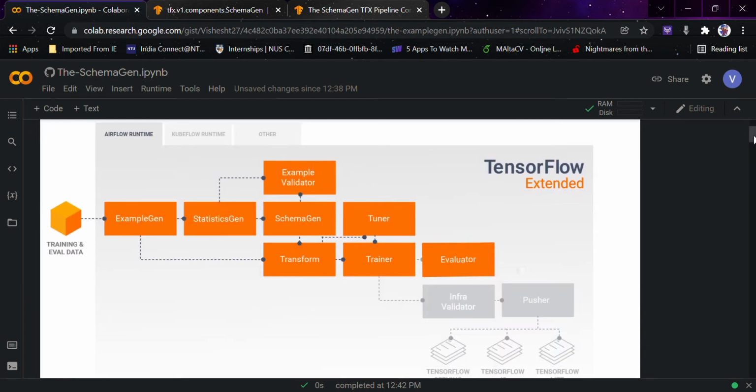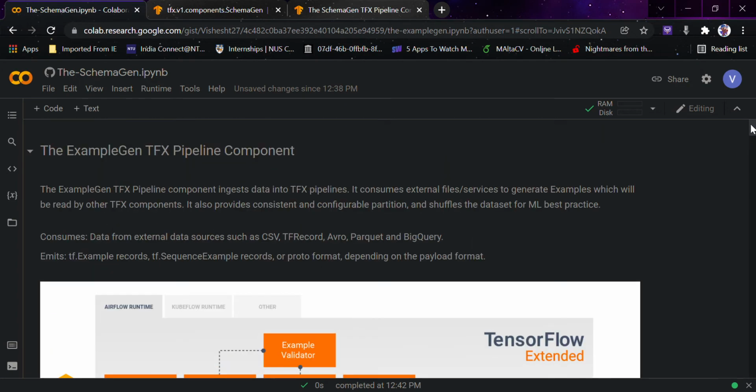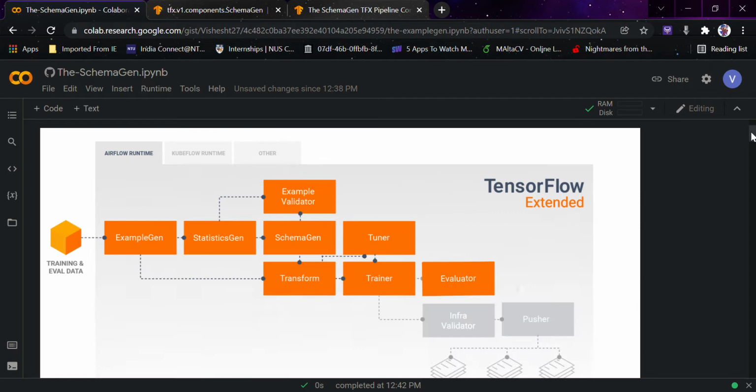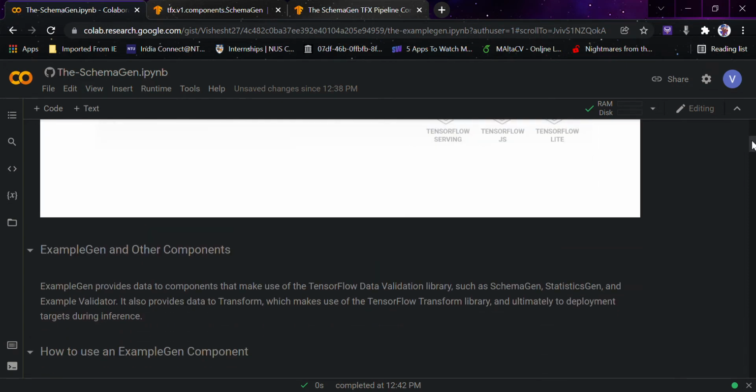So hi guys, in today's video we will be looking at yet another TFX component. In the previous two videos we talked about ExampleGen and StatisticsGen, and the next thing is SchemaGen, and after that we will be talking about ExampleValidator, Transform, and a lot of things are coming in the future. As promised, I'm going constant with the timeline, and I hope you are all getting the content